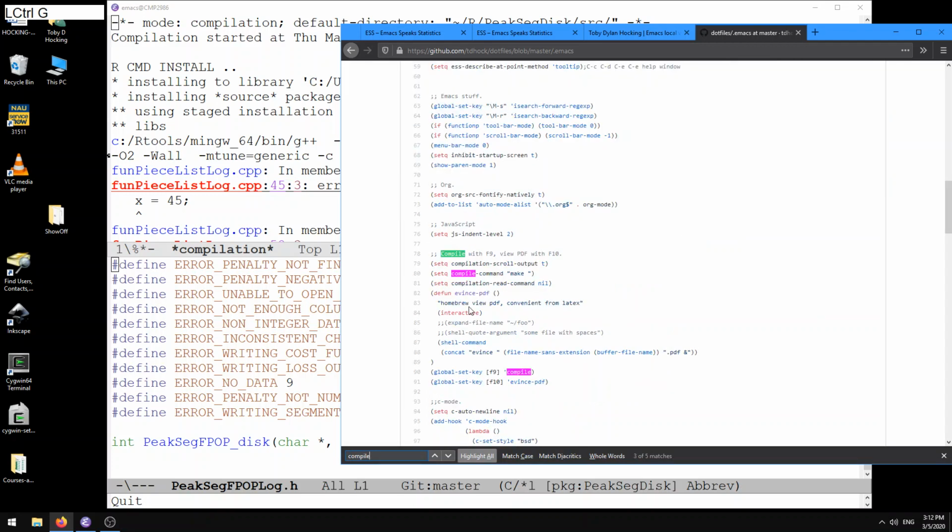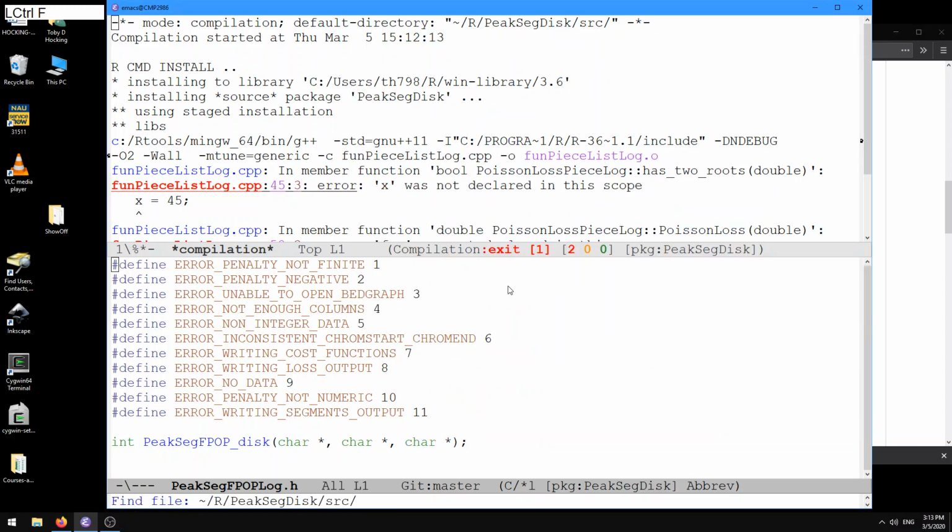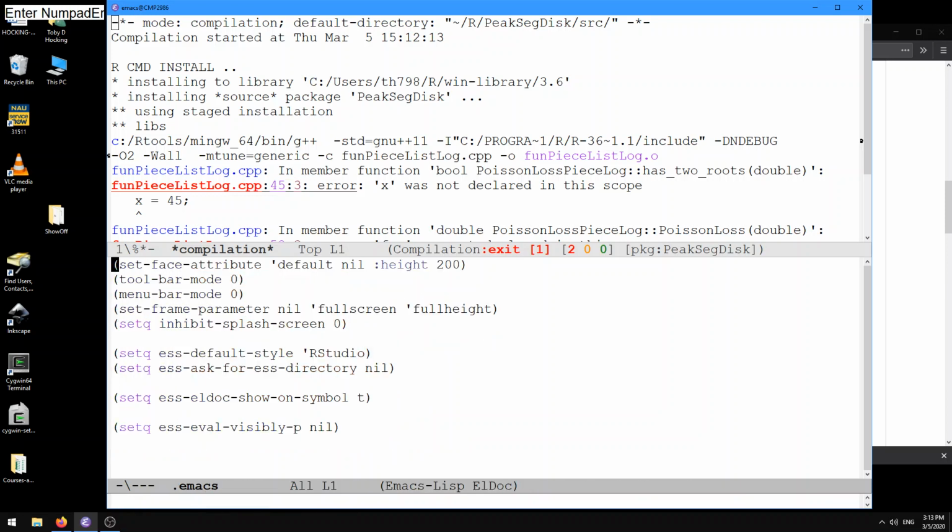For example, here we have compilation-scroll-output true and compilation-read-command nil. These are two that I usually like. So if we go back to our .emacs file and put these in,